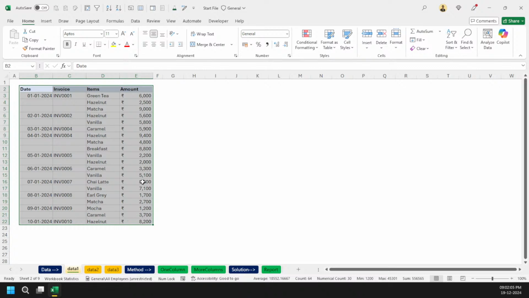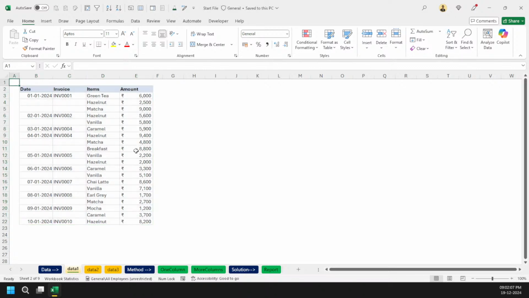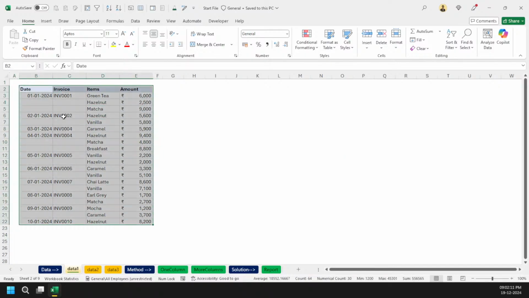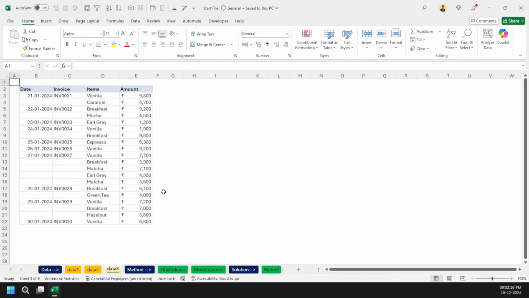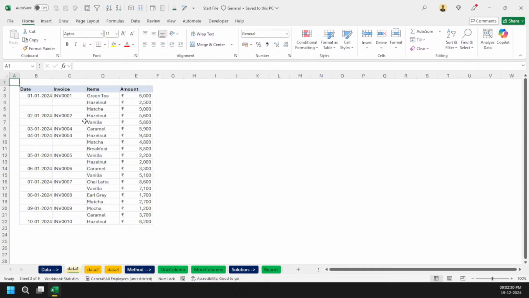Not a problem. But what might happen if I've got hundreds of sheets, and the data is not in a table format? Let me show you. I have taken only three sheets. I have to go one by one to each sheet and use this trick 100 times, and then consolidate the data. Or otherwise, you will say, Aditya, let's go into Power Query.